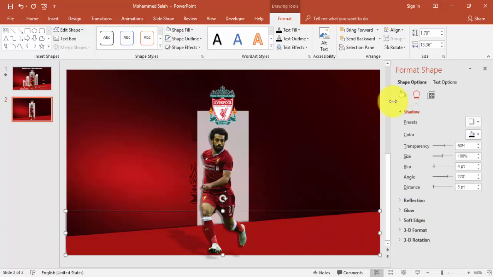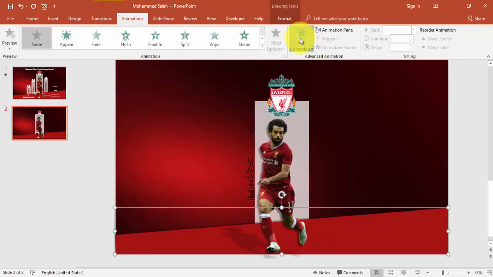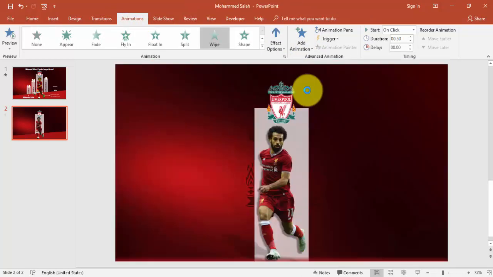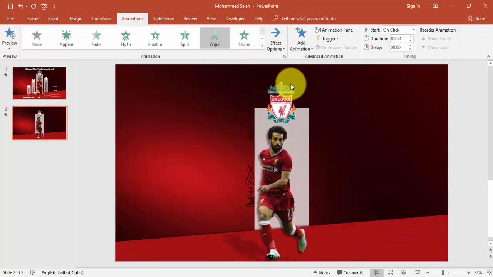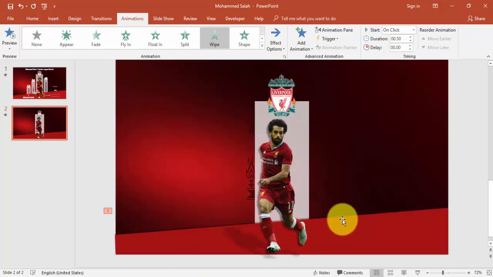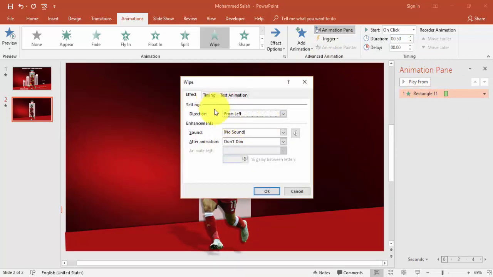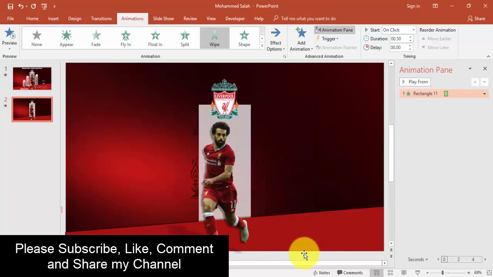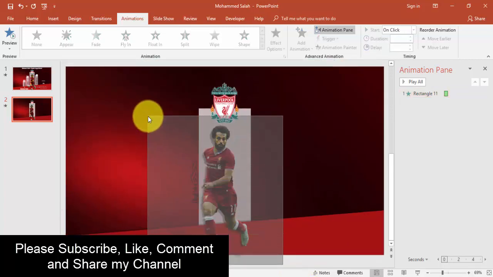And then I'm going to give some animation effect on this one. For that, go to Animations, Add Animation, and I will say Wipe effect. I'll make it from left. Alright, so this is my first animation. I'll enable the animation pane. So if you see this one, direction from left, and then I'm just going to select the image of Mohamed Salah